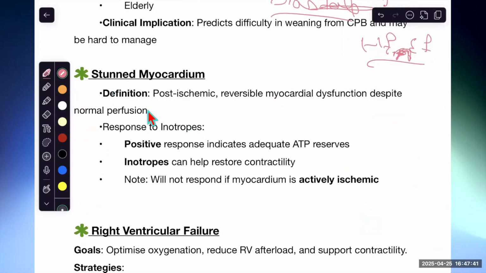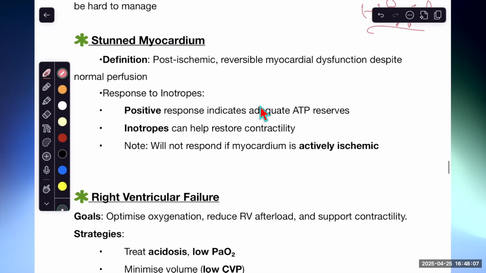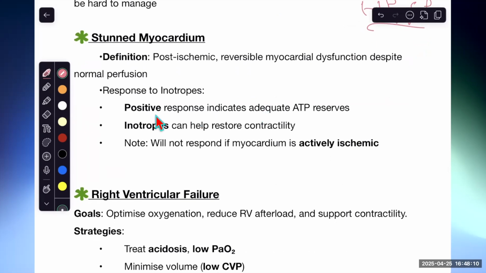Stunned myocardium is usually seen post bypass, post ischemia, as reversible myocardial dysfunction. Normal perfusion, normal everything, but as if the myocardium is hanging like your laptop hangs and you need to restart it. So they call it stunned myocardium. Maybe it has not yet woken up from the effect of the cardioplegia. Although everything is fine, it is still sleeping. So a positive inotropic effect indicates adequate ETV, and usually it responds well to